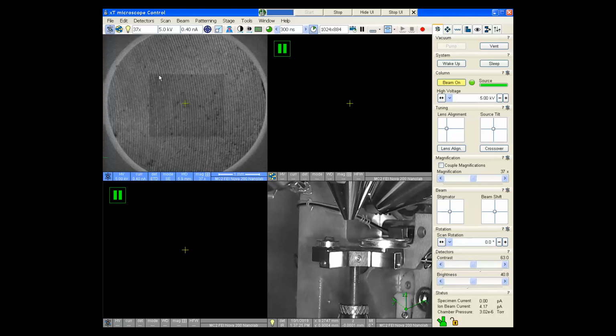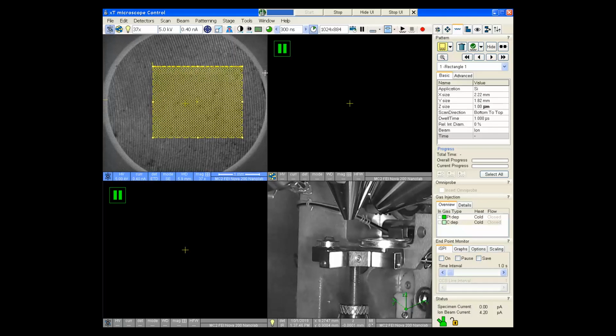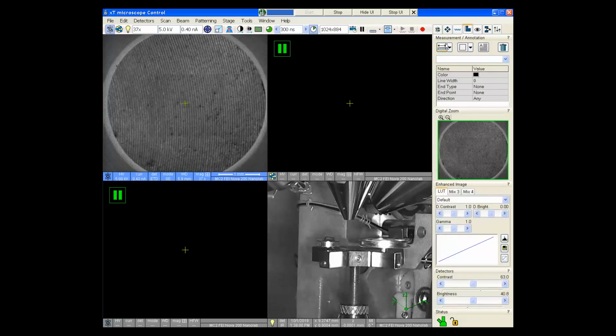Another thing to keep in mind is that this function is only enabled if the mouse is showing as a mouse pointer. If you are in the patterning tab or the processing tab and have a pattern selected or a measurement selected, the mouse will be a crosshair. In this case, if I click and drag the mouse, the software thinks I'm trying to draw a shape on the screen instead of moving the stage and changing the magnification. So if you want to move by highlighting a rectangle box, you need to make sure that the patterns are disabled and that the measurements and annotations are disabled so that the mouse appears as a mouse pointer, which will then allow you to drag,